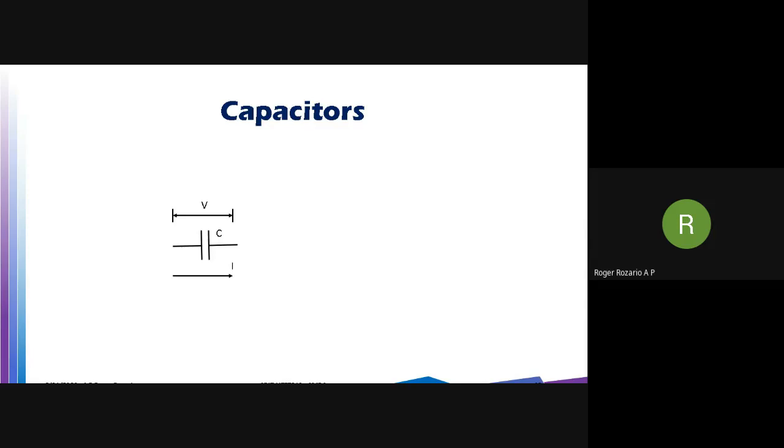So let us see what are the characteristic variables of capacitors and the circuit equation of the capacitors. The capacitor is denoted by the letter C, V is the voltage across the capacitor, and I is the current flowing through the capacitor between the two terminals. So basically, you can call the voltage, the capacitance, and the current the electrical quantities of the capacitors.